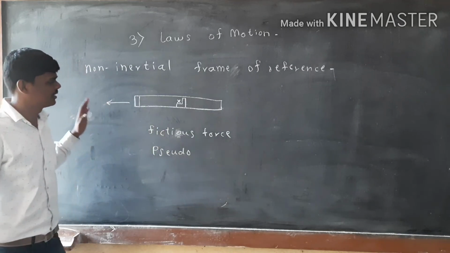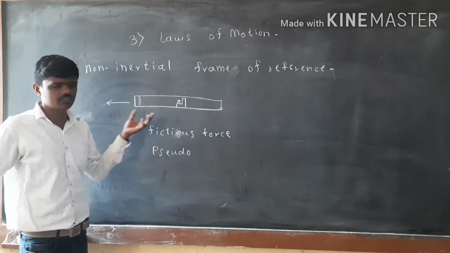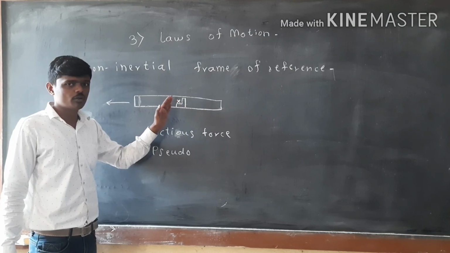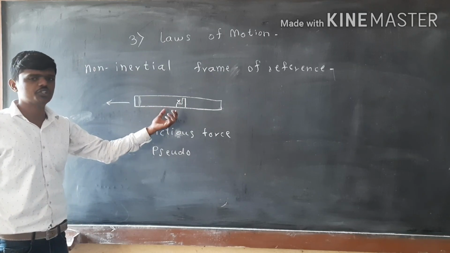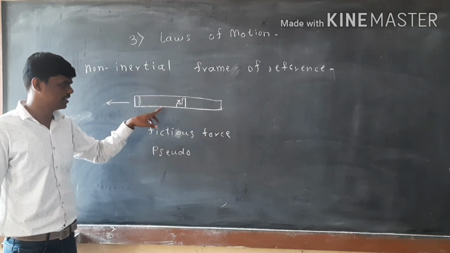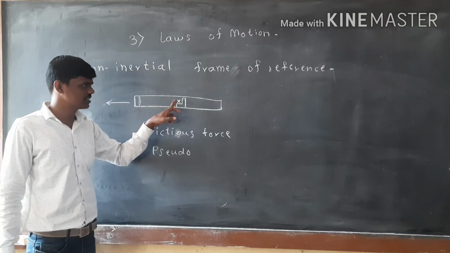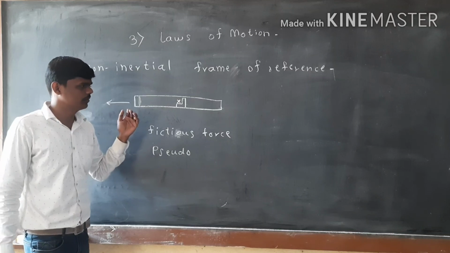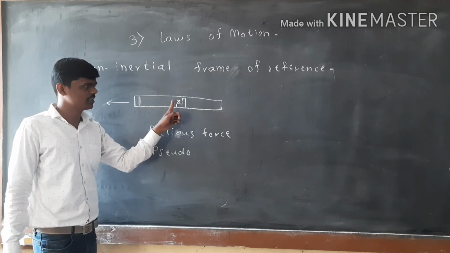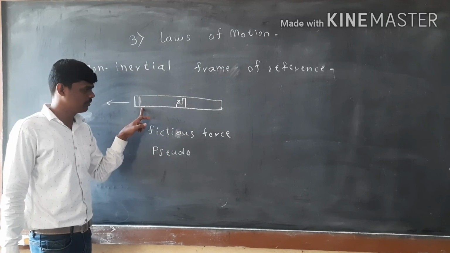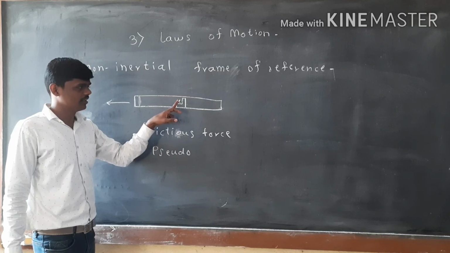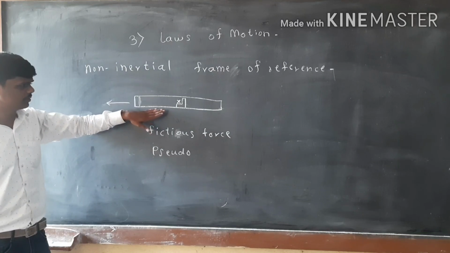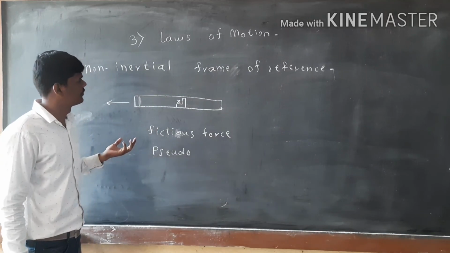Let's take another example. Now we have taken the example of a deceleration. Now when the train is accelerating, the person or the observer will get a backward push. Okay, so this is also a fictitious force, because there is no force applied on the observer. There is force applied on the train. Why does this happen? Because of his inertia. Okay, so he gets a backward push, and as Newton's law has to be valid, there must be a force acting on the observer, but we are applying force on the train, not on the observer, but the observer is moving. According to Newton's first law, this cannot be correct, and hence why do we conclude this? Because we are in a non-inertial frame of reference. So this is about non-inertial frame of